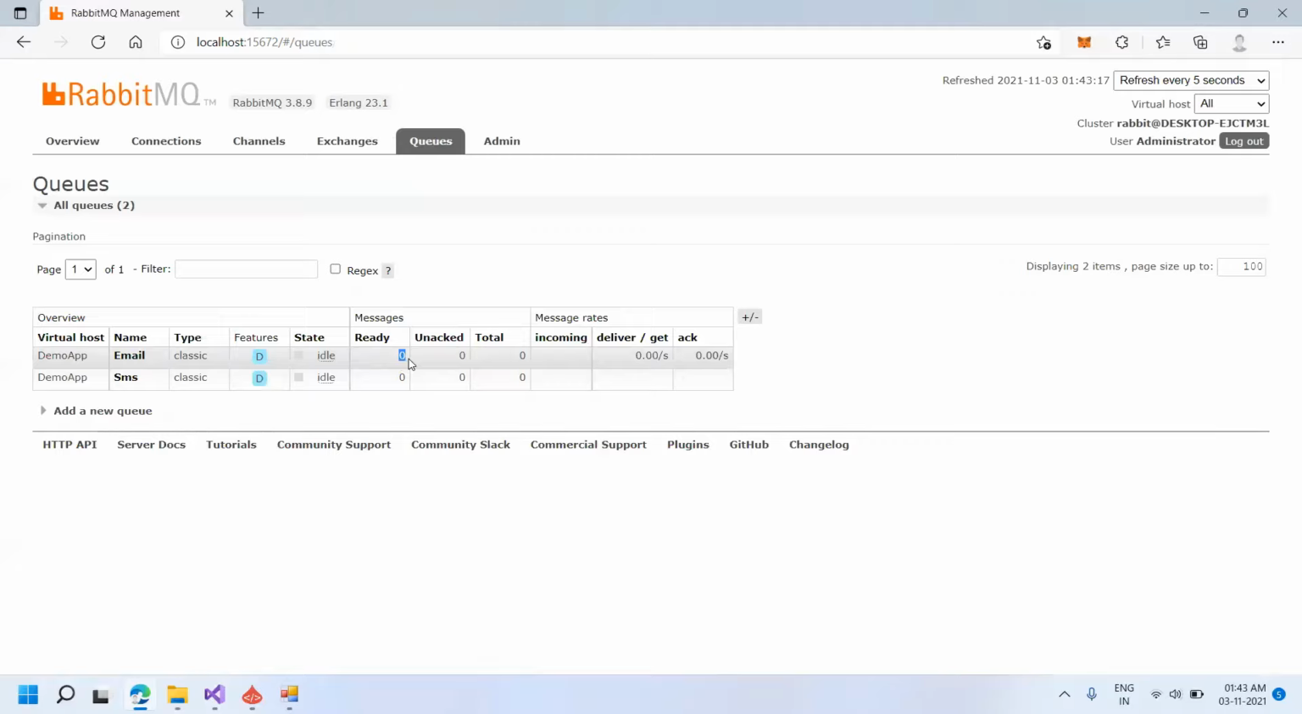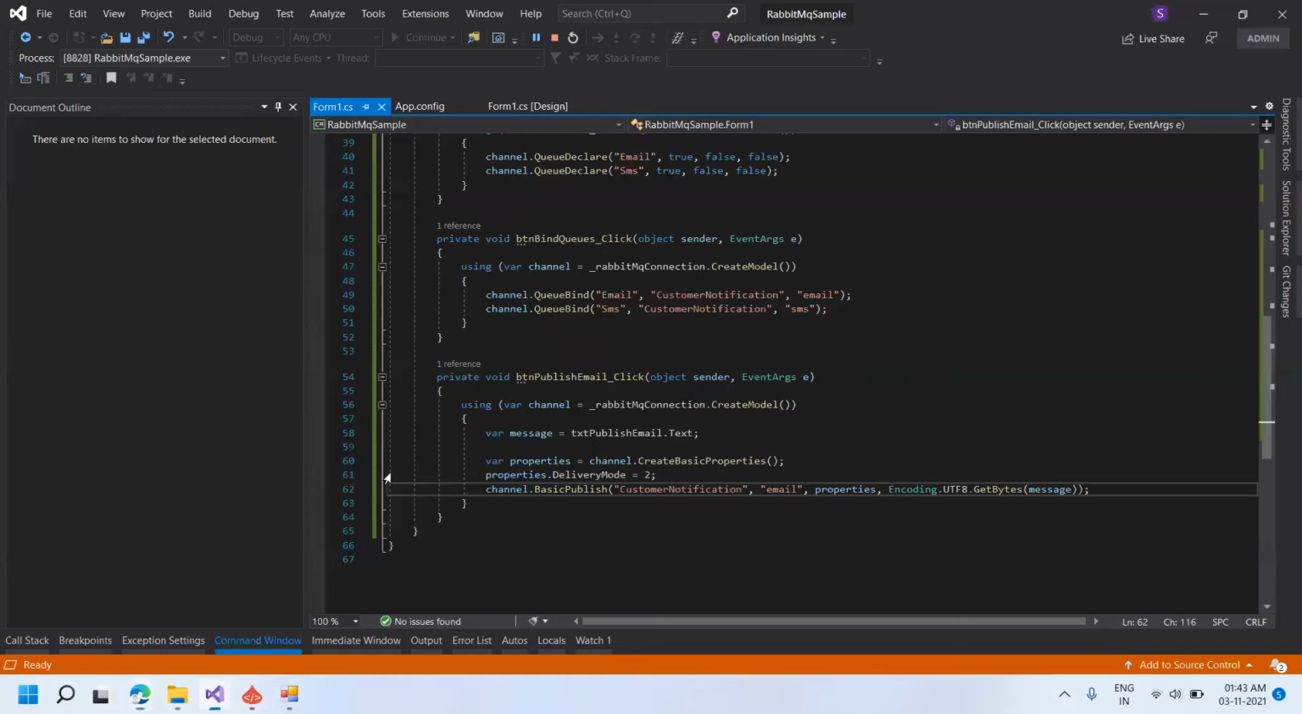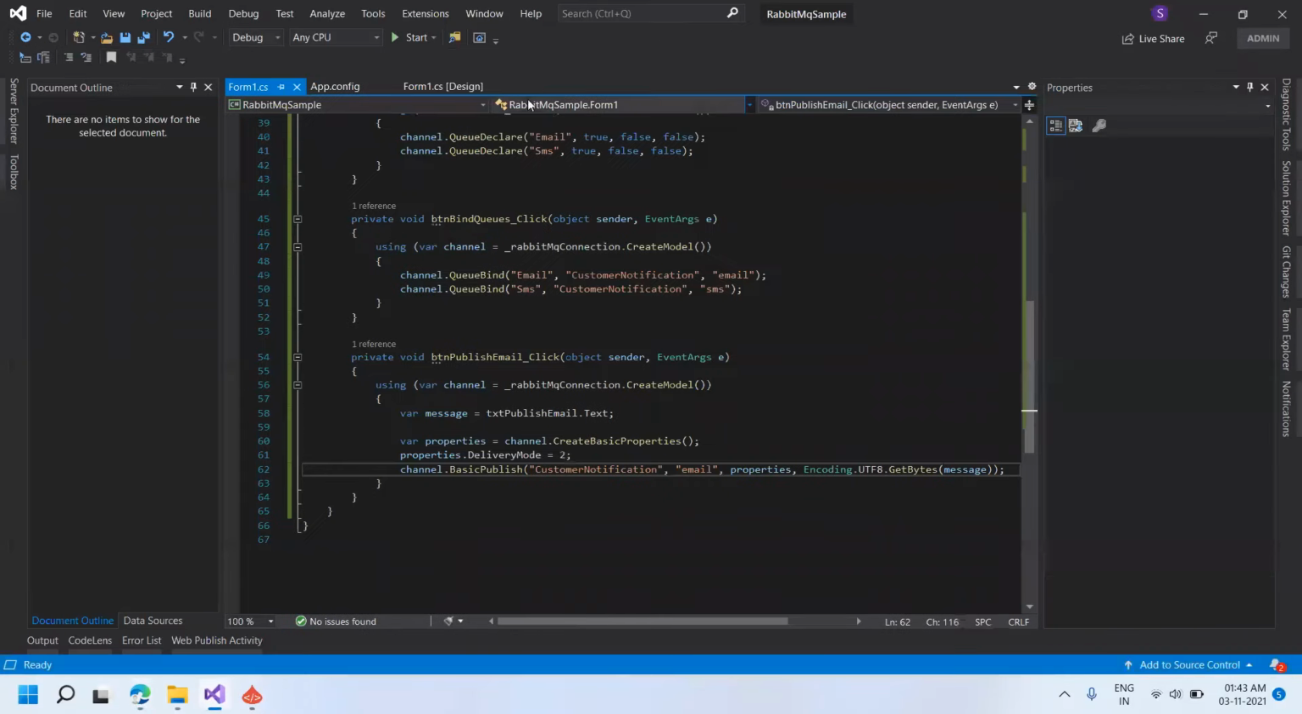And now there are no messages ready. Why? Because they have already delivered the message. We have retrieved it from the portal itself. But we will see how we can retrieve it from our application. So just before that, now we have to